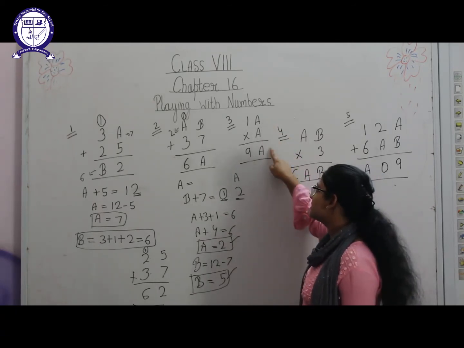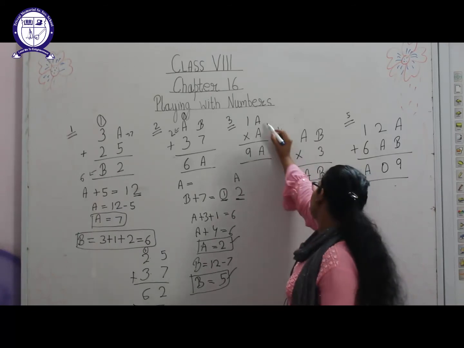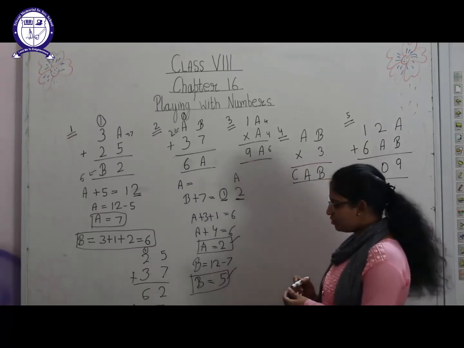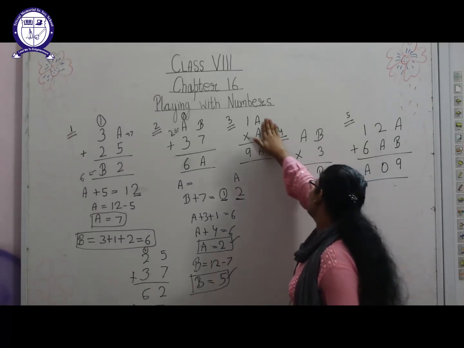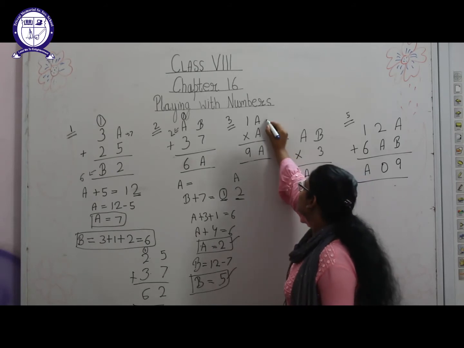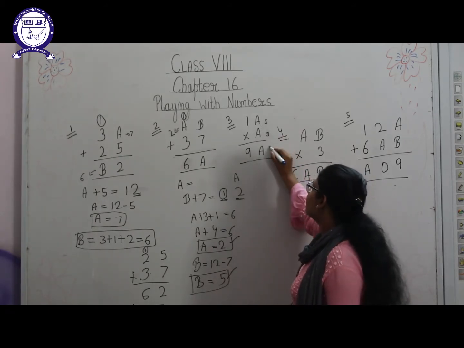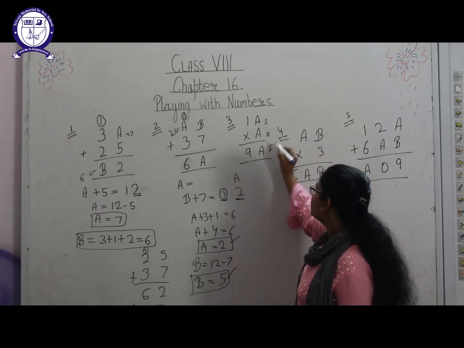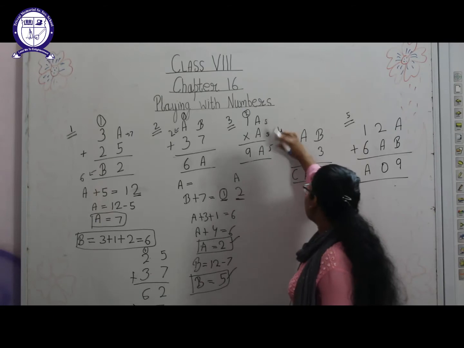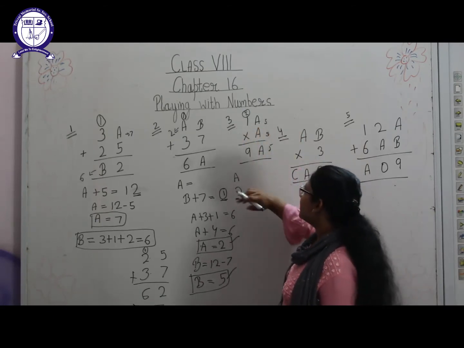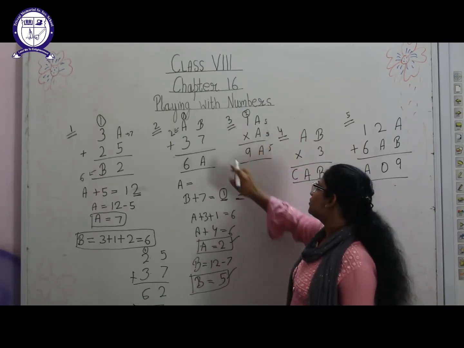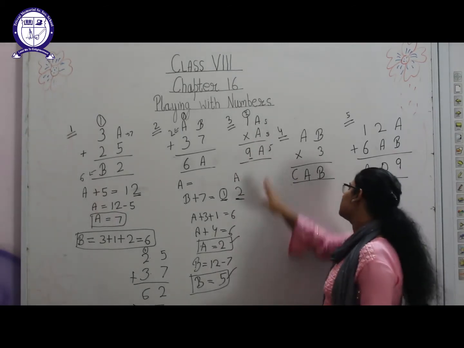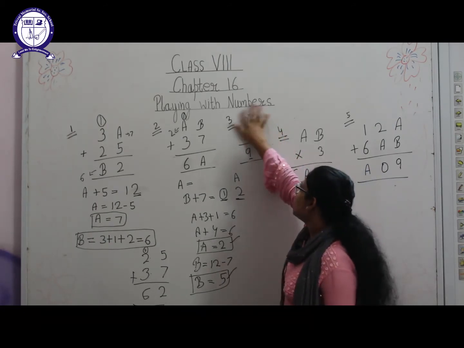Now 4 into 4 is 16, 4, 4, here it will be 4, here it will be 4, and here it will be 6 for 16. So this is also not the correct value for A. Now if we are taking 5 as the value of A, 5 5s are 25, 25 ka 5 idhar, then 2 will be the carry. Now 5 1s are 5 plus 2 is 7. We are not getting 9 here, so it means 5 is also not the value for A here.